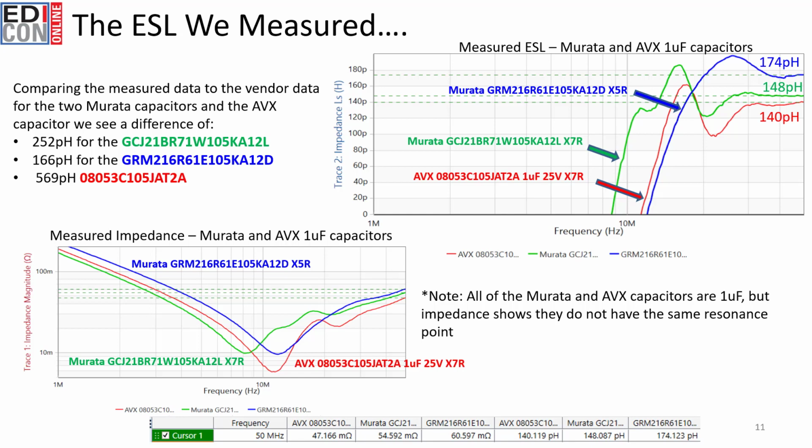And so if we look at the impedance plot shown on the left, we see that the impedance for all these caps have a slightly different resonance point. This tells me that all 1 microfarad caps, even though they're in the same or similar package size, are not created equal. And we can attest that this is due to the variation of the internal element inductance of these